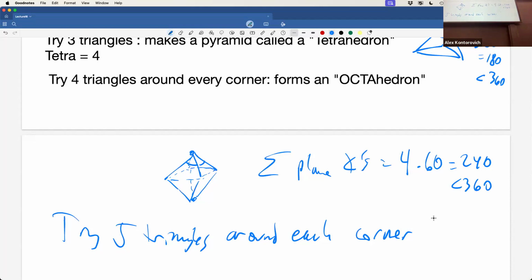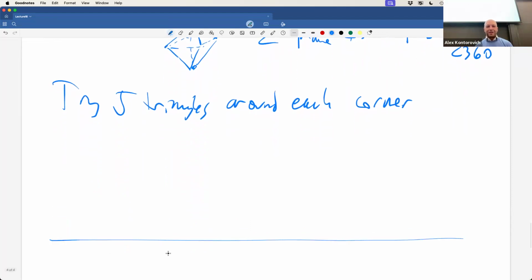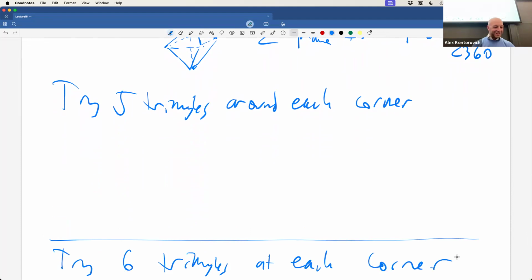So here's a whole bunch of triangles. I'm going to keep a couple of triangles for myself. And here's some more triangles. And I'll give you more triangles in just a second. Got a man down here. Ready? Okay. So while Jillian is seeing what will happen if we try to put 5 triangles around every corner, let's see what happens if we do 6. So I'll leave a little bit of room. Try 6 triangles at each corner. Amelia already sees a problem.